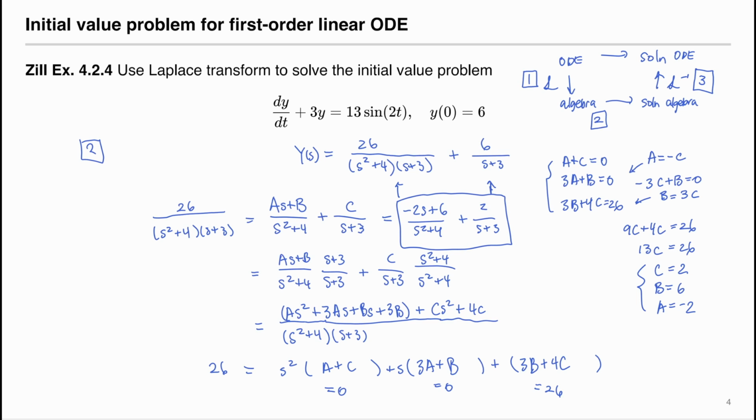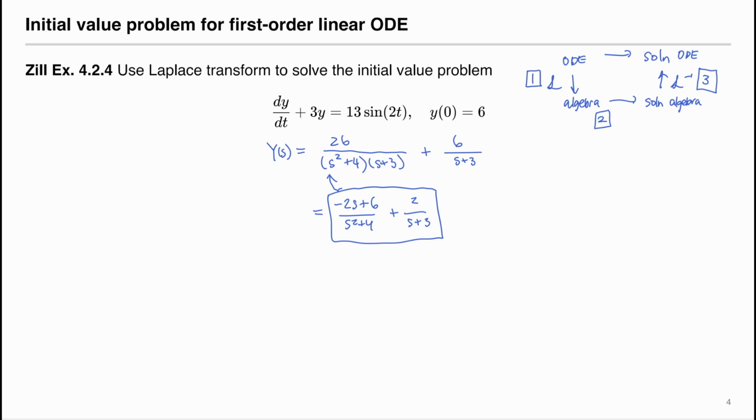Now we have done the algebraic problem. We will substitute this part in and then perform inverse Laplace transform. Now we can do the third stage. Find the inverse Laplace transform of Y of s, for which we have already found the partial fraction expansion for the first one, and we also add on the partial fraction expansion of the second one. And to further simplify this, we can group the last two terms. Okay, and to find the original y of t,